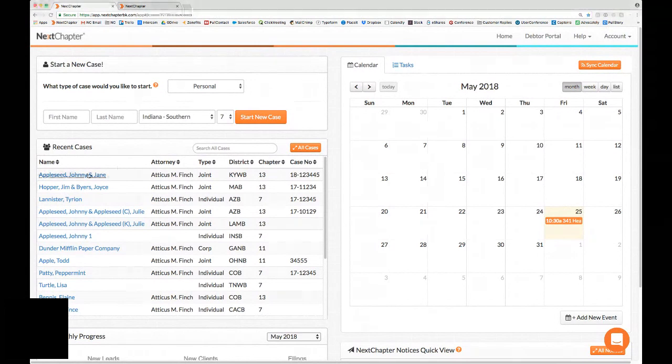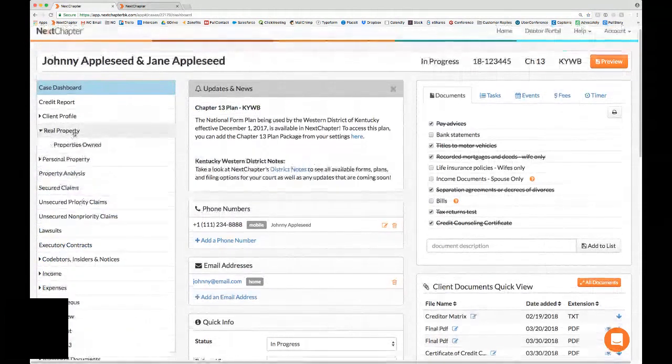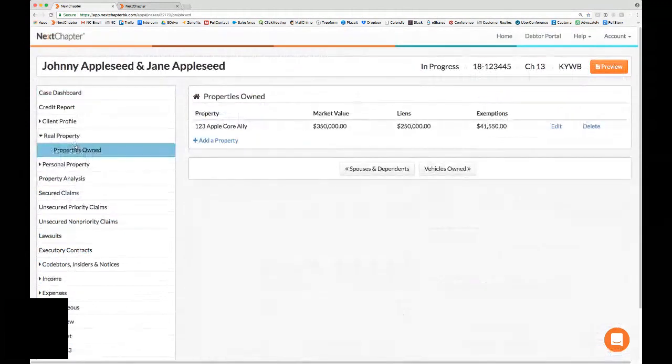So I'm going to go ahead and hop into a case here. The first thing I wanted to go over is where we're pulling a lot of the information from into the calculator and the plan itself before we dive into that. So the first thing is for any mortgages and secured claims, I did want to point out a few things that we pull the information from earlier in the case itself that's going to go into the plan. So for example, if you're adding a mortgage on a property,